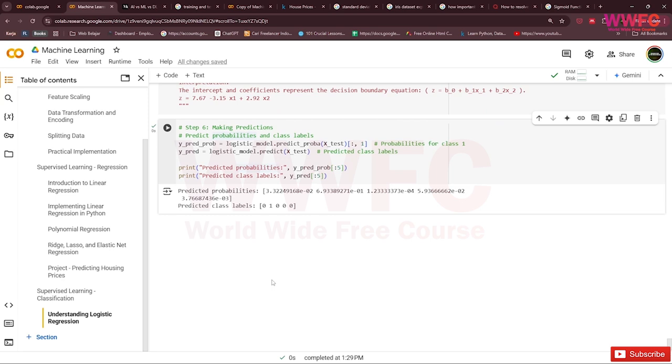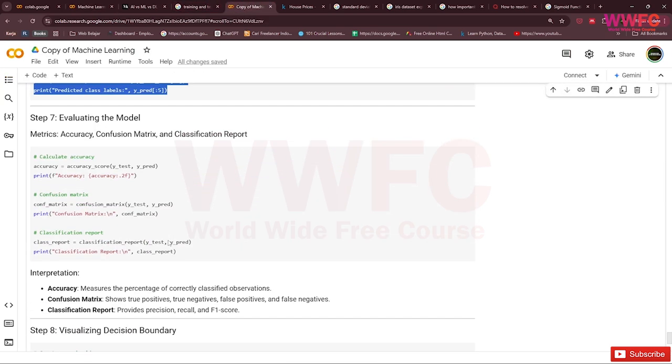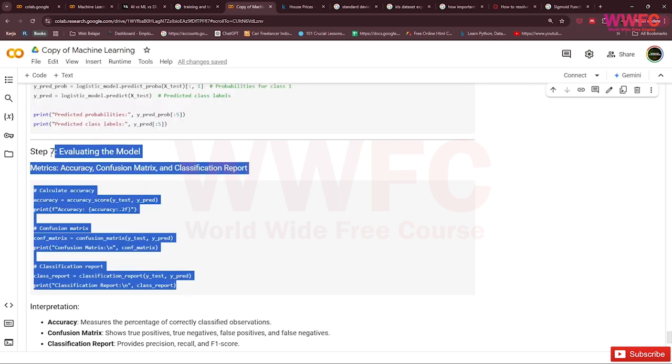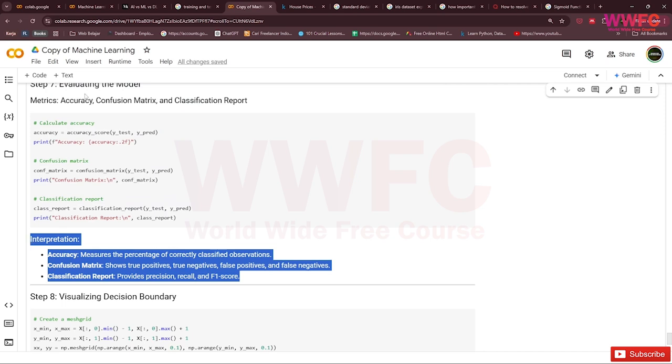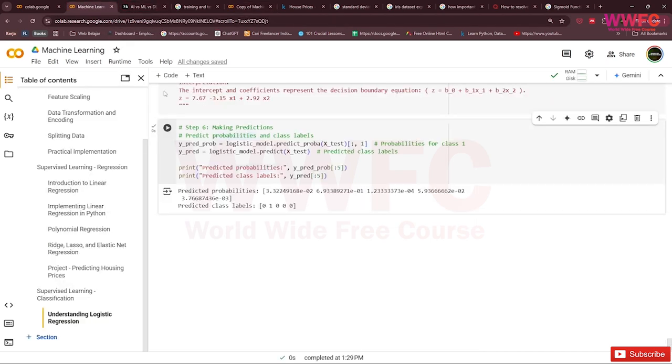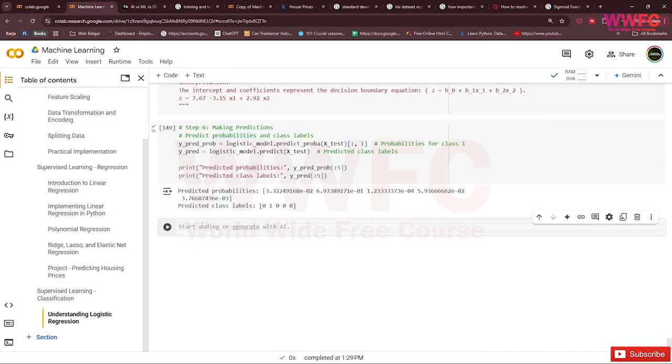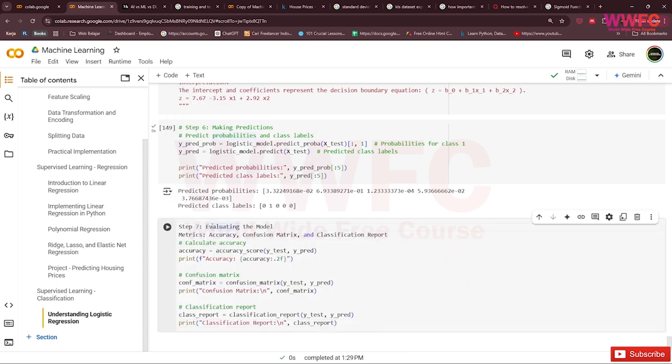So yeah, maybe we visualize evaluating the model. So we check if the model is good. We can check the evaluating the model, where the metrics are accuracy, confusion matrix, and classification report.